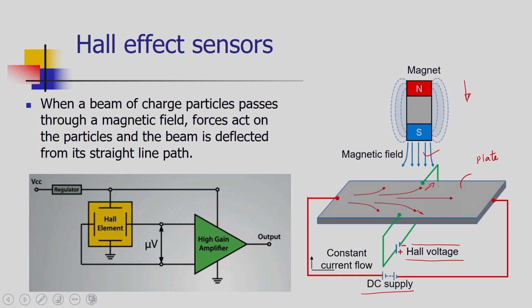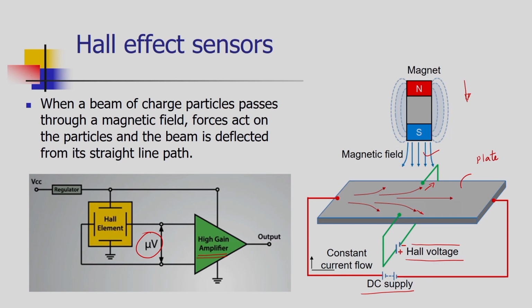As I mentioned, the Hall element generates a very small amount of electrical potential. We need to amplify that signal, so we have to enhance its magnitude. For that purpose we use a signal processing device, the operational amplifier, which amplifies the signal magnitude so that it can be used for further application.